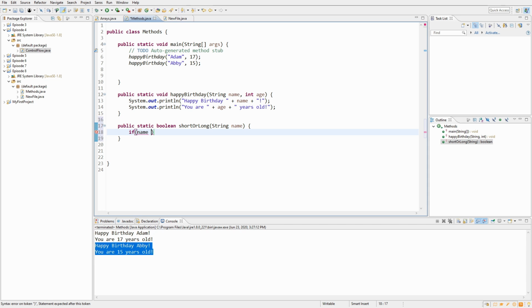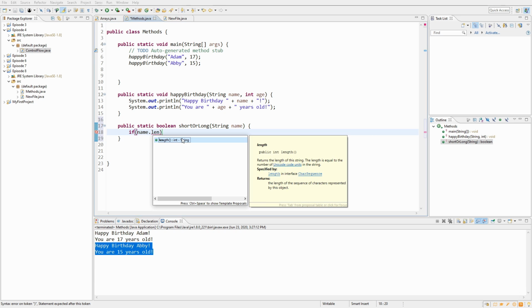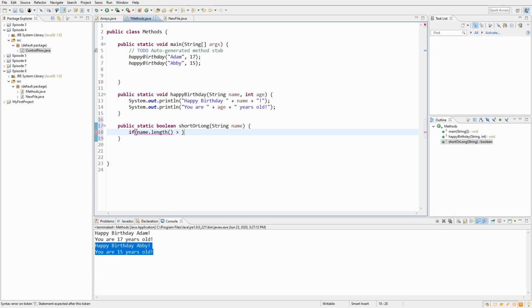Name is name.length is greater than, this is another method call right here. It's getting, this is a non-static method, by the way. It's getting the length of name. But let's say, we're digressing. If name.length is greater than, say, 4,